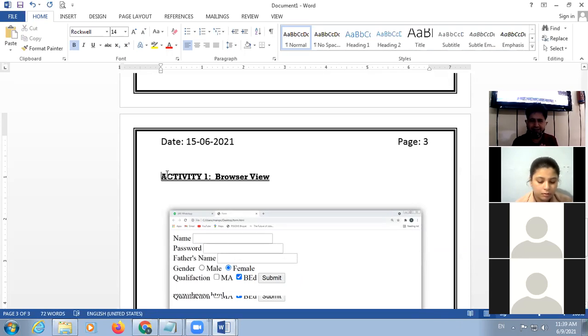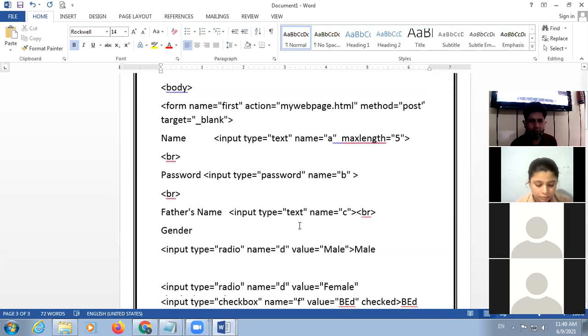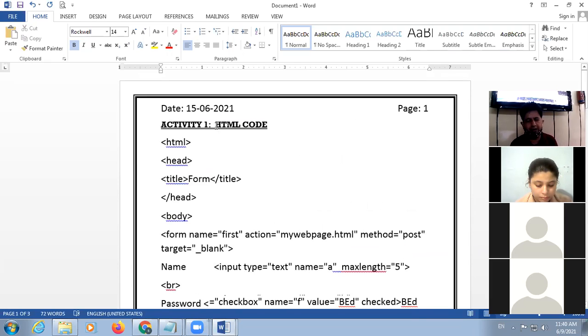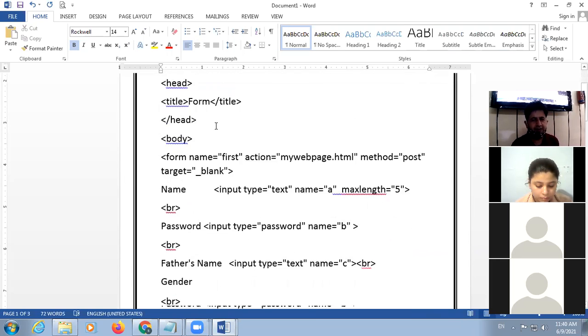So any doubt in this? It means coding, then browser view. So notepad view, browser view, like this. Activity 1, this is coding, or you can say HTML coding, or you can say notepad view. ठीक है, तो इस तरीके से आपने कोडिंग और ब्राउजर व्यू दोनों करने हैं.